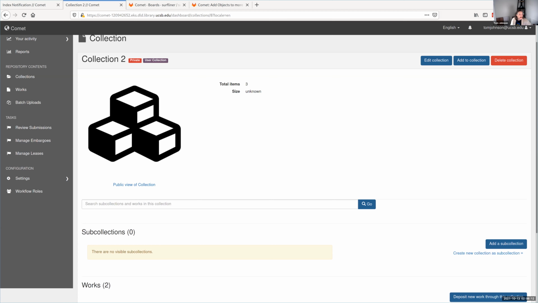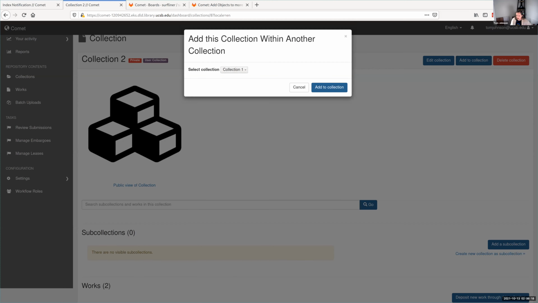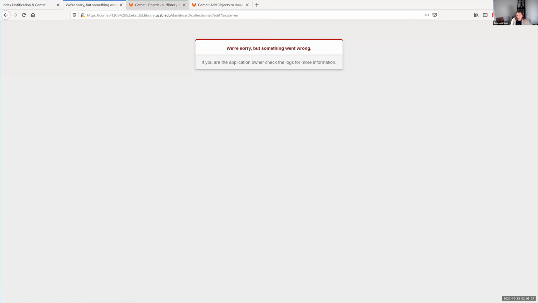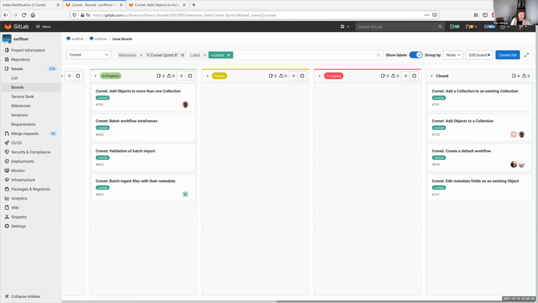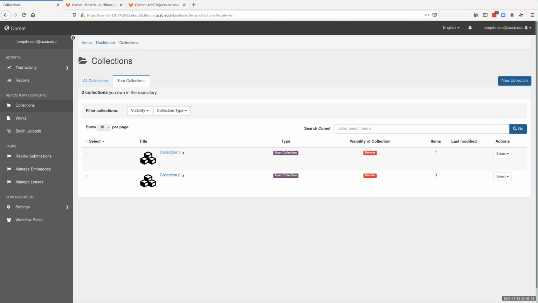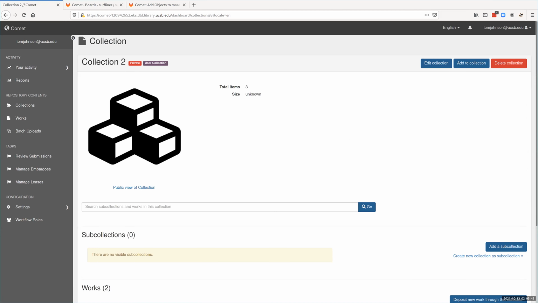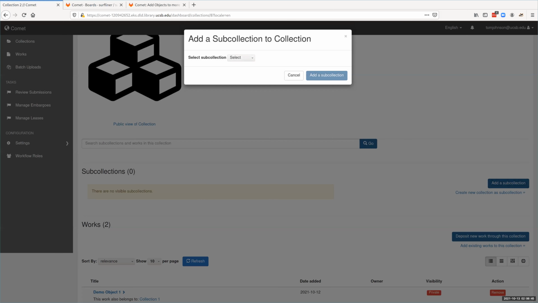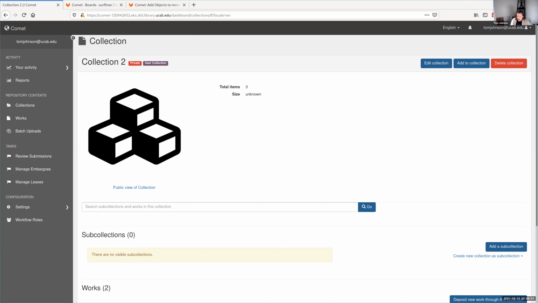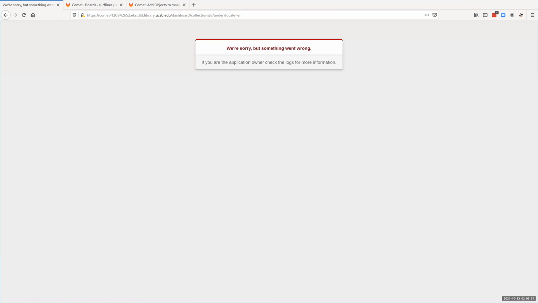I think I have one more thing to show. Oh yeah, I think it's here that adding a collection to a collection doesn't work. But Gabriella, we said we were able to add a collection to an existing collection, and now I'm second guessing that again. I think you did it through a different process, and that's why maybe we didn't catch that. At this view, this level, it's not working. Yeah. Do you want me to put together a ticket? Yeah, let's